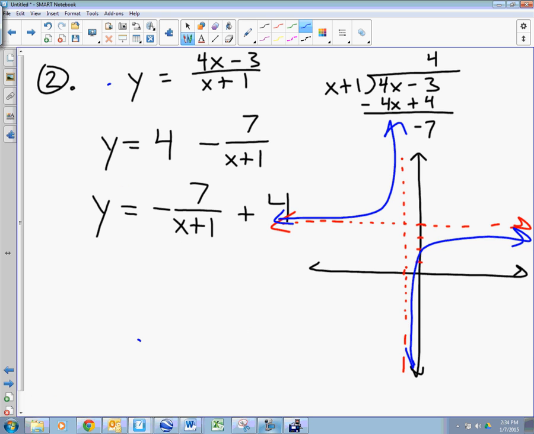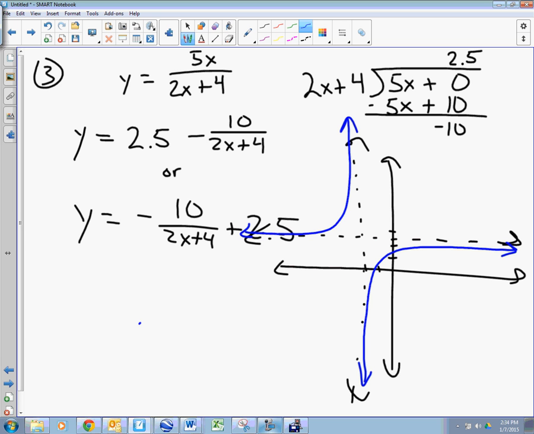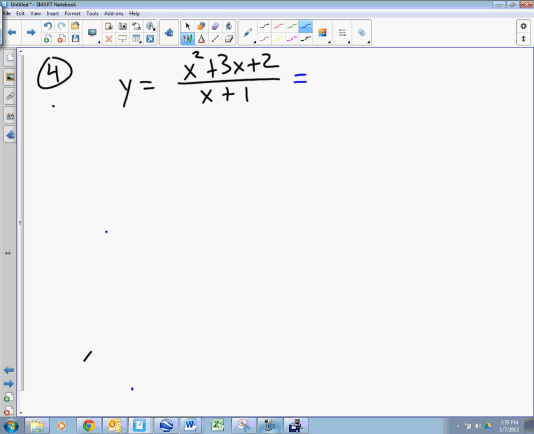Look at the next one, okay? Would you agree that this wants to look like plus 4? That's what we divided and got. This was our remainder. It blows up at negative 1 due to that vertical asymptote. Look at this one here. It wants to look like 2.5. The line y equals 2.5, and then it blows up. So as you look at this one, if we were to divide it, anybody notice what happens when you divide this? Instead of dividing like we did before, I could just factor it. Yeah, it divides evenly. There's no remainder. It wants to look like